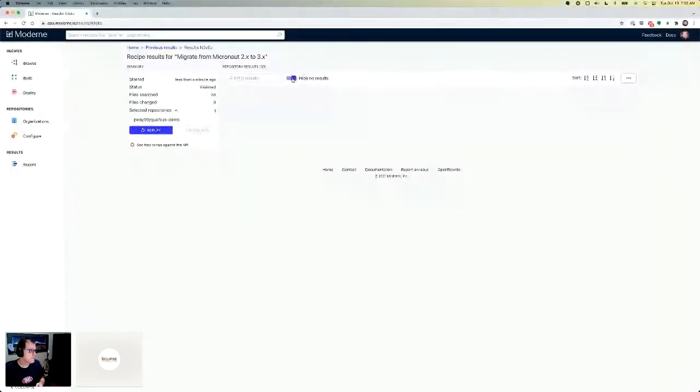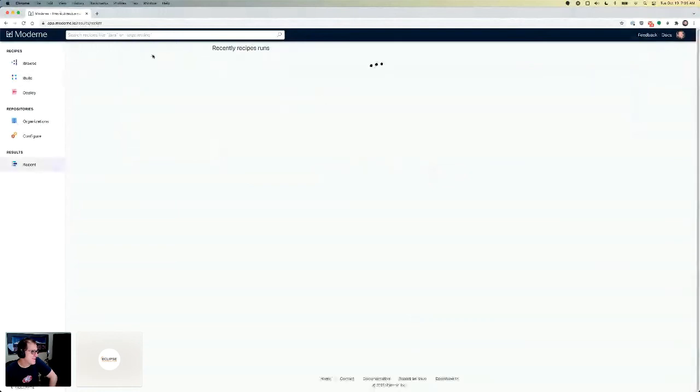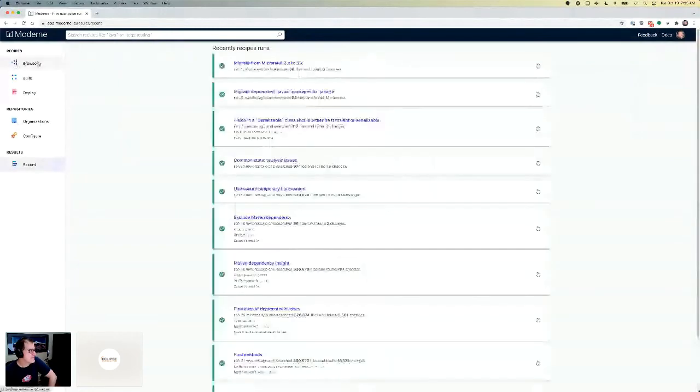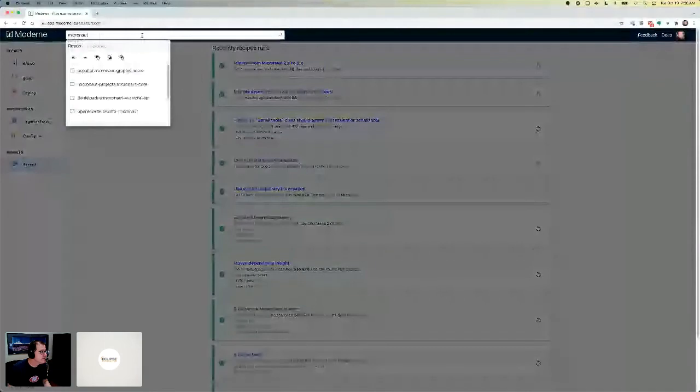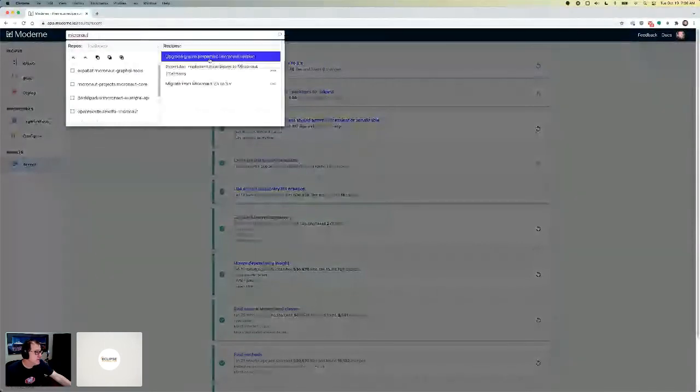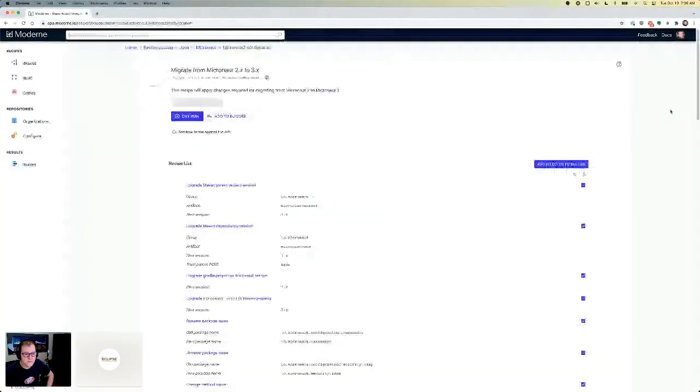Okay. Oh, I picked the wrong thing. I picked Quarkus when I should have picked the Micronaut project. So let me go back to that. Let me try that again. 2 to 3. It would help if I picked the right project.